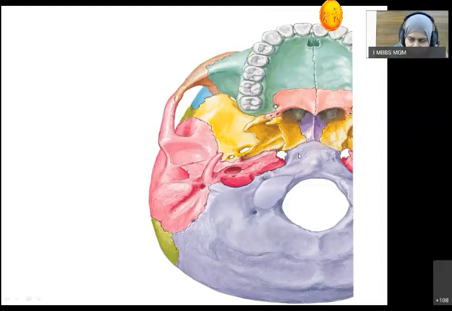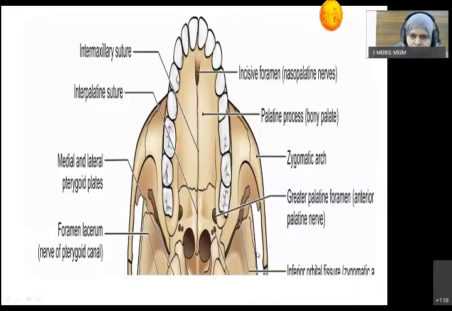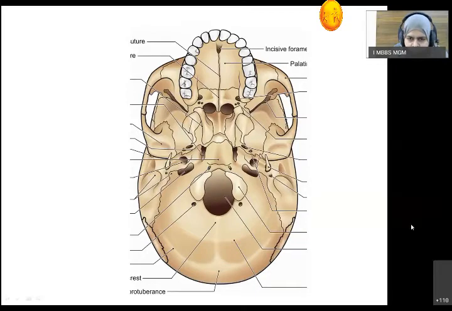The posterior part is divided again into a medial portion and a lateral portion. What are the structures we are seeing in the medial part? We'll see in this diagram, which is much clearer. This is the largest foramen of the skull, hence the name foramen magnum. On either side of it, there are condyles, which are known as the occipital condyles. Then this is part of the body of the sphenoid, and this portion is the basio-occiput. And this is the squamous part of the occipital bone. These are the structures present in the medial portion.